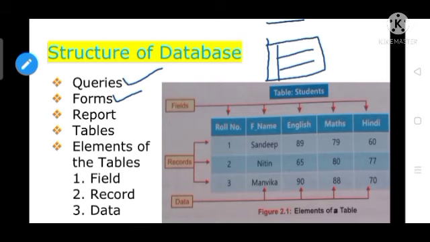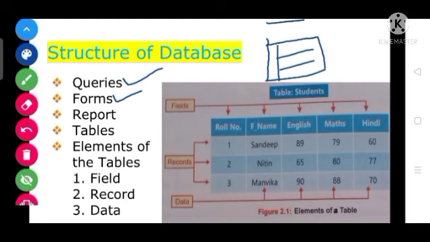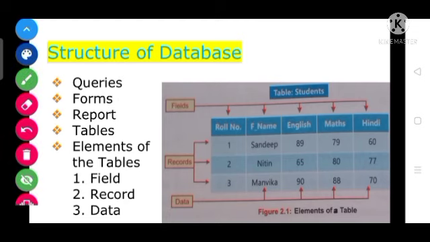By using a form we can enter data as well as information into the database. One more thing, if we want to forward a query to the next table, this also can be done by the form option only.